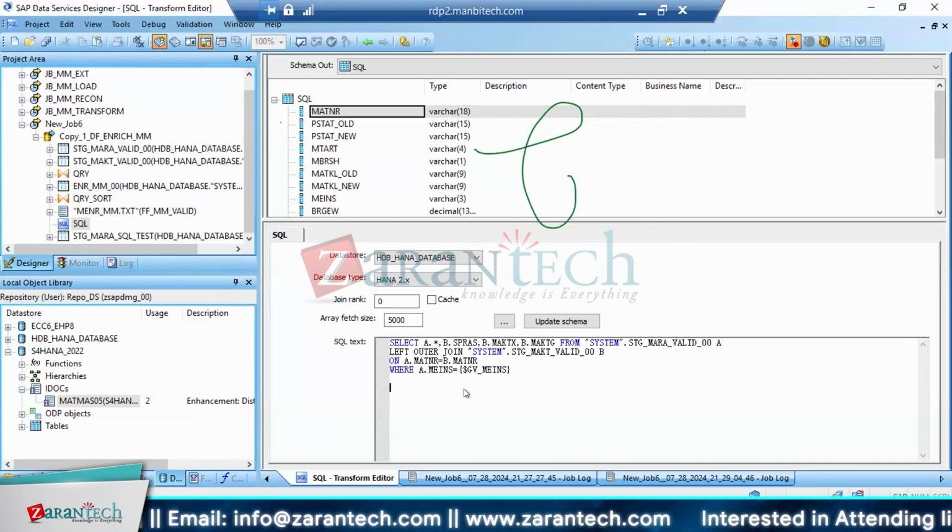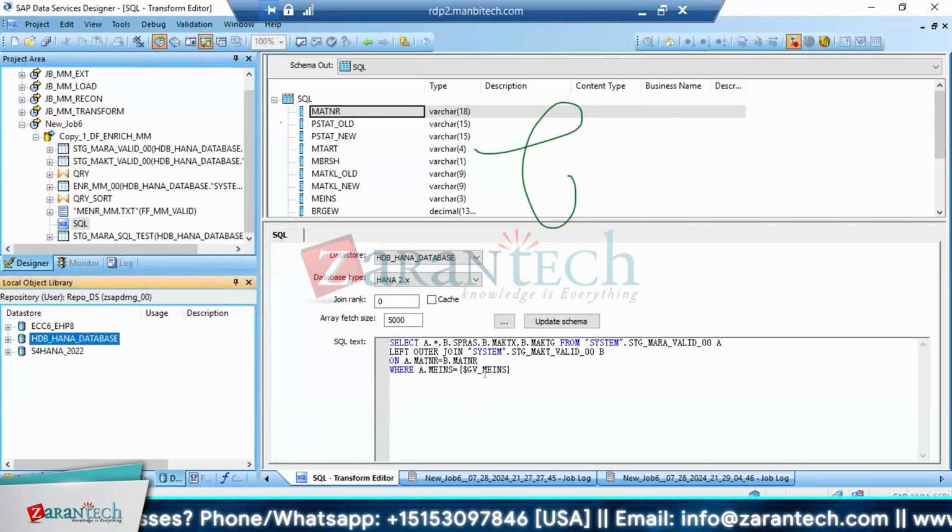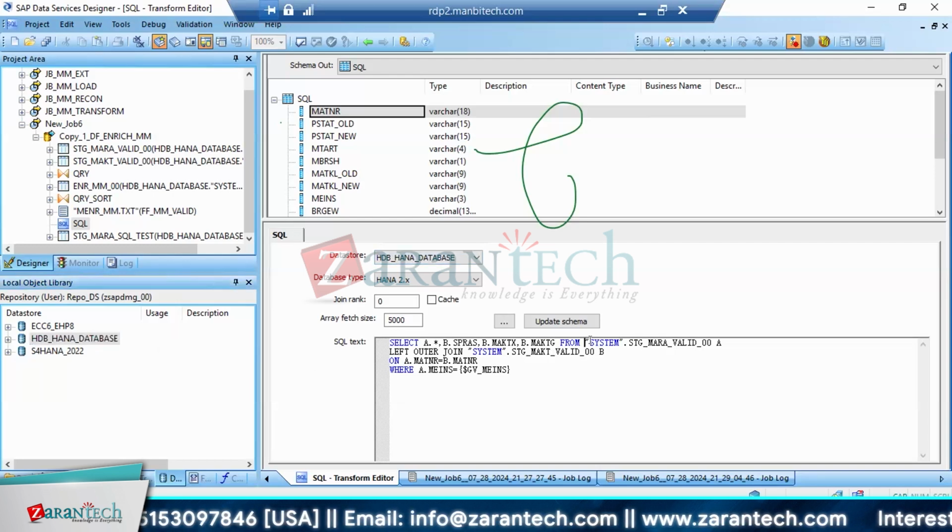So this is how we do it. For example, if you want to now use the schema as well, as of now you only have one DB. That's the reason you are just using system.mara and system.mara. For example, say I had more than one HANA DB over here. I'm landing something here, I'm moving something to the staging, then I have something in my enriched databases. Then how you can do it here is like this, because you can only point to one data store as of now. If I had multiple, then you can simply call it by the data store name. As of now, if you see this,